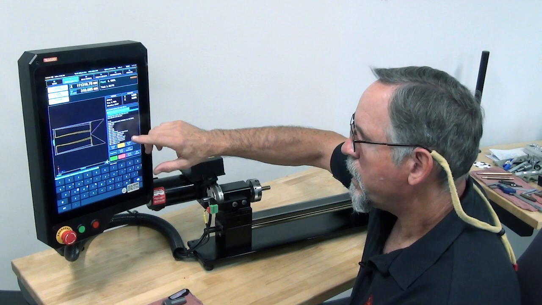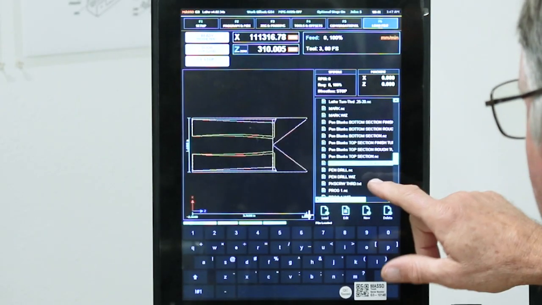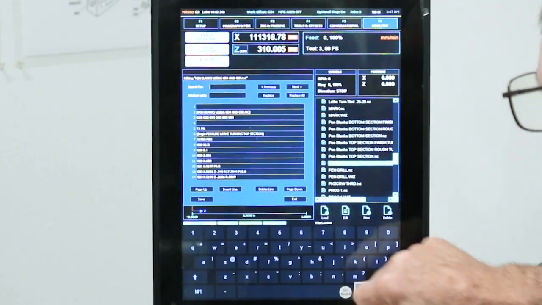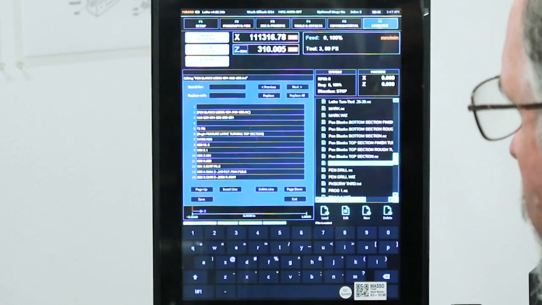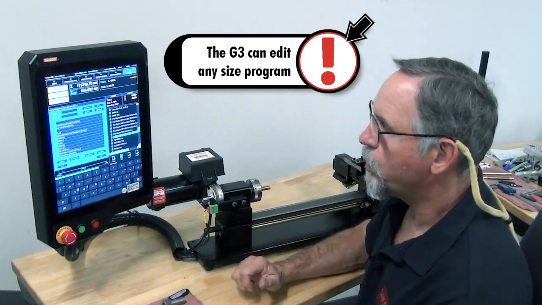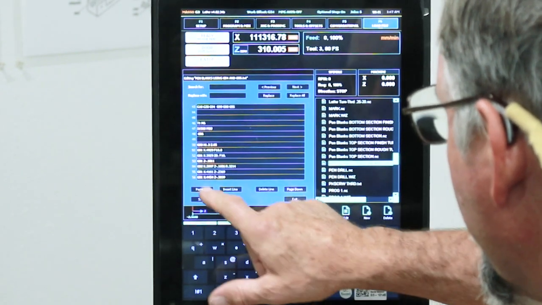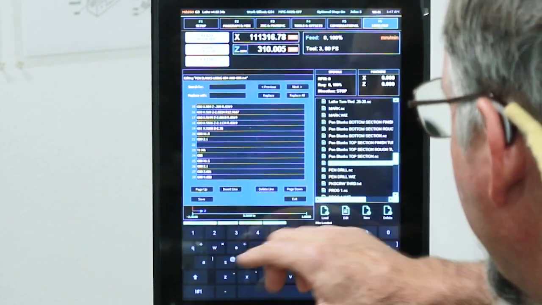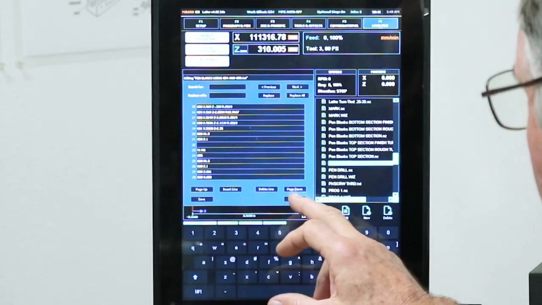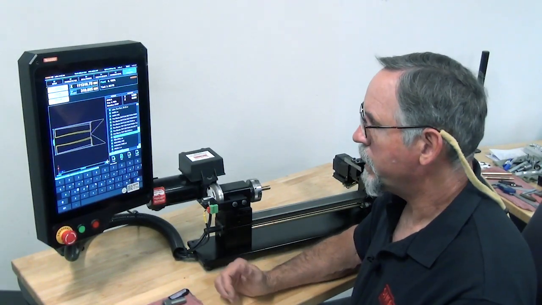If I want to edit this program, then what I would do is go to load program file. First I have to load it, then I could go to edit, and it brings up your text editor page. The G3 can edit a much larger program than the G2. You've got page up and page down. You can look through your program. You can go in and edit your program. When you get all done, you just hit save. Just going to hit exit. So that's loading it, editing it,